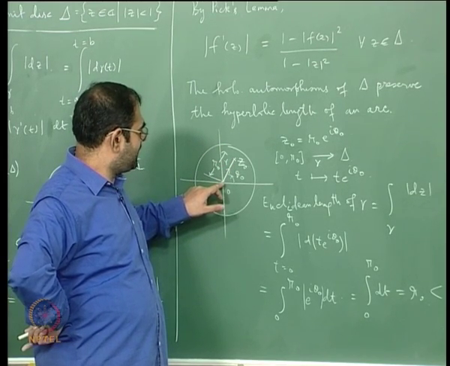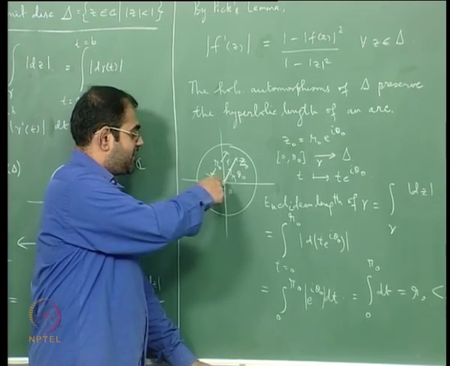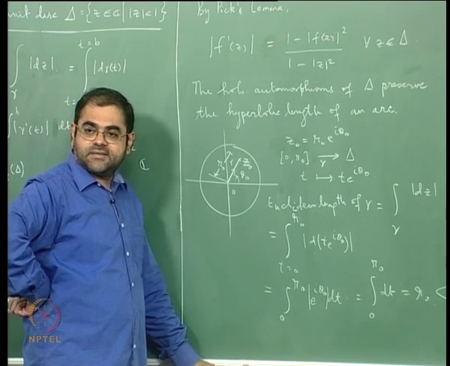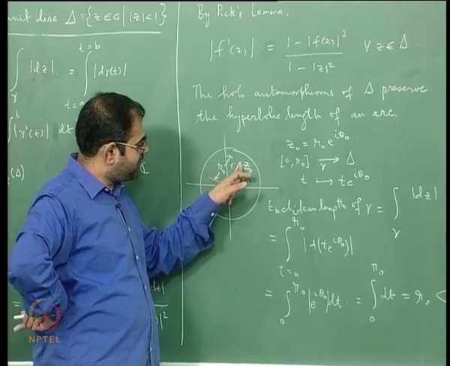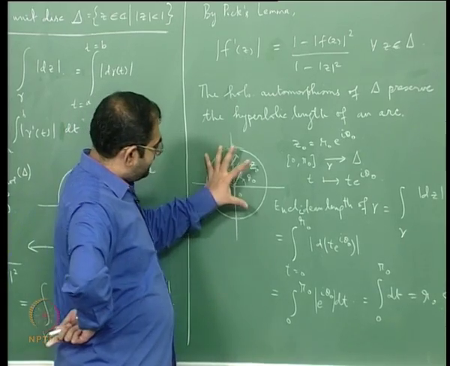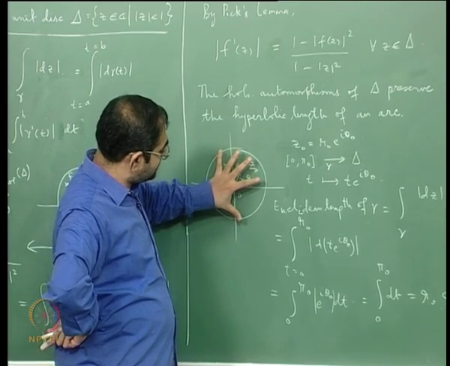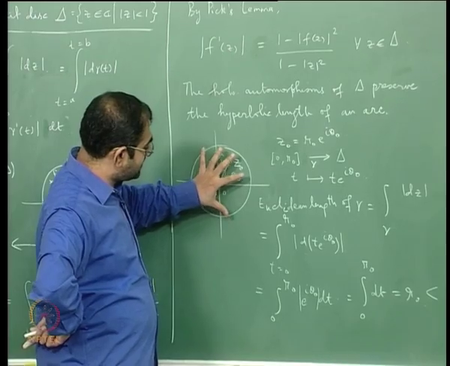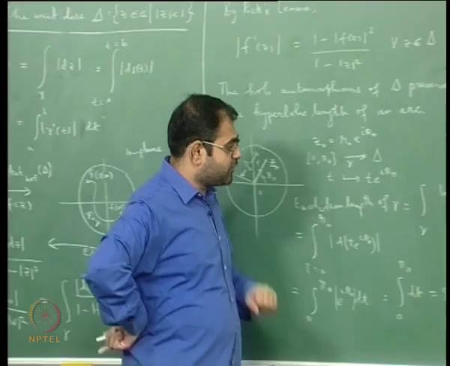Even if you take a straight line segment, a radial segment, its length tends to infinity in the hyperbolic distance if the endpoint goes closer and closer to the unit circle. So this is the point about the hyperbolic metric. In the sense of the hyperbolic distance, it makes the unit disk unbounded. So that's one fact that you have to notice.